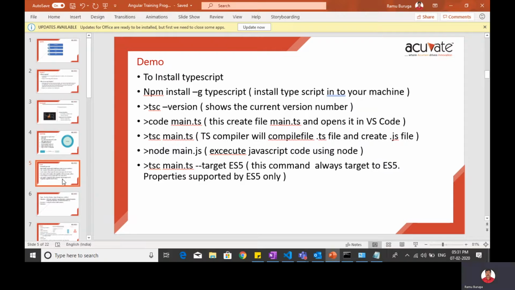Before we go into TypeScript execution, as we said, we came from the server object model to the client object model, right? In the server object model, once your project development is completed, you have to host it. Where are we hosting that application to provide access to other people? In IIS, right?